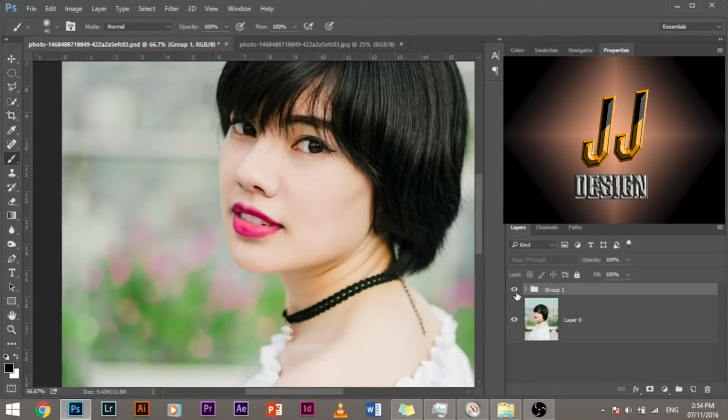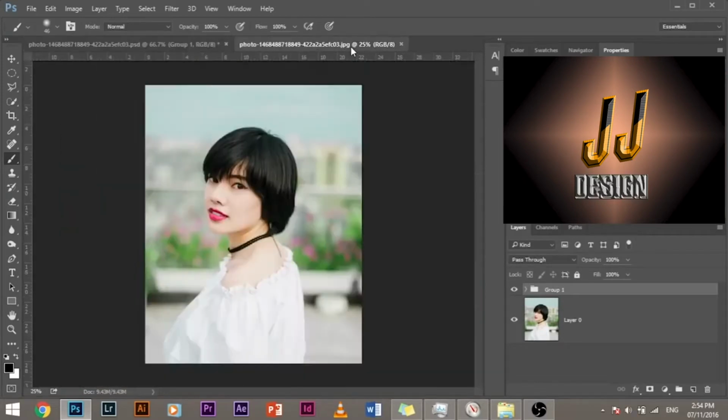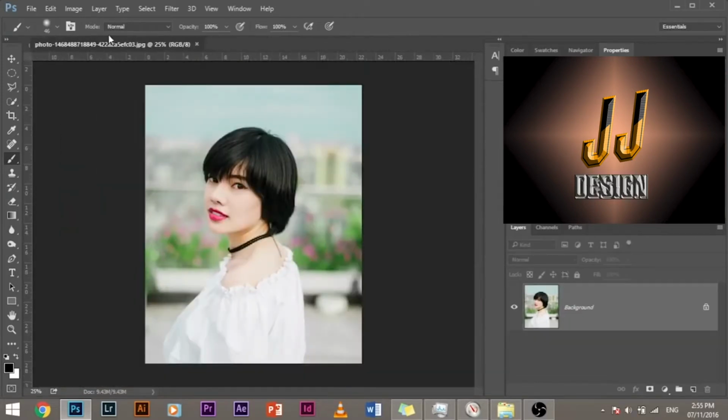Okay, jokes apart. Let's get straight into business and jump back into Photoshop. Now I have reloaded the image. This is actually the finished one. So I have reloaded the image straight from the beginning. Also, the link to the image, I'll link up in the description below so that you, my friend, can download